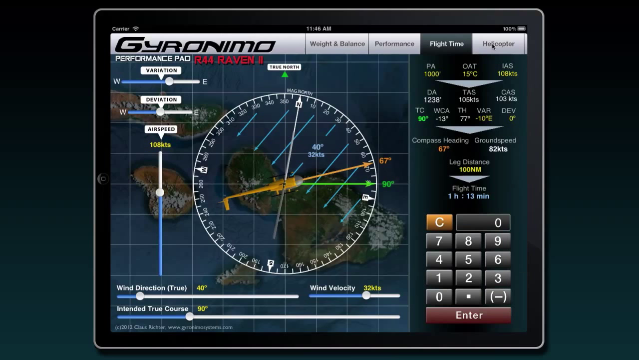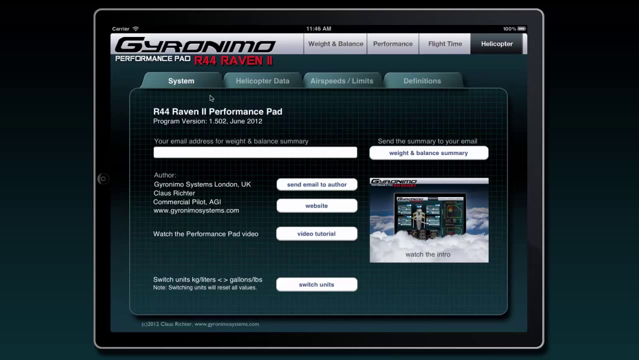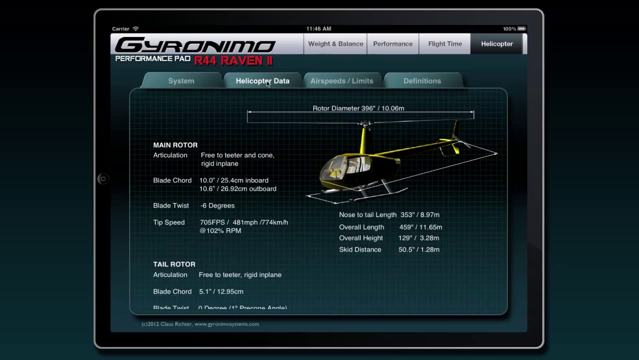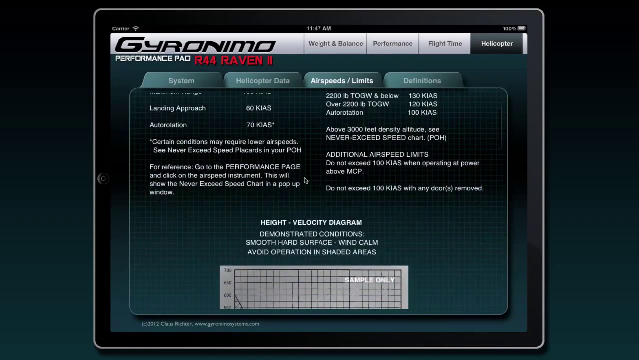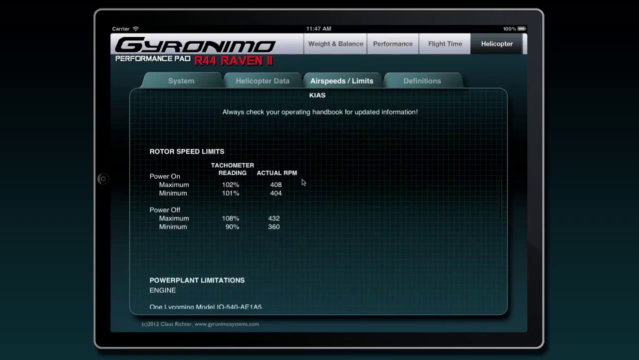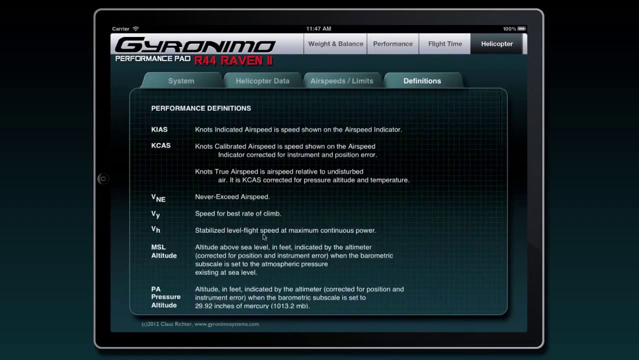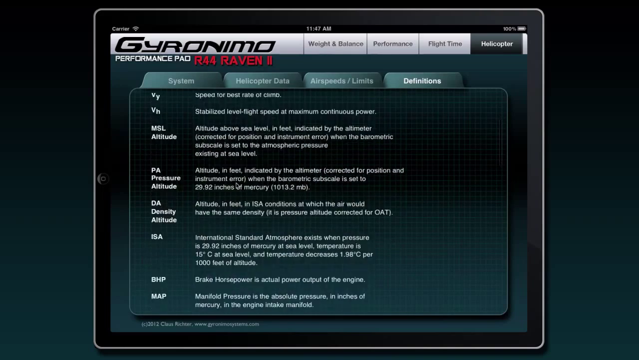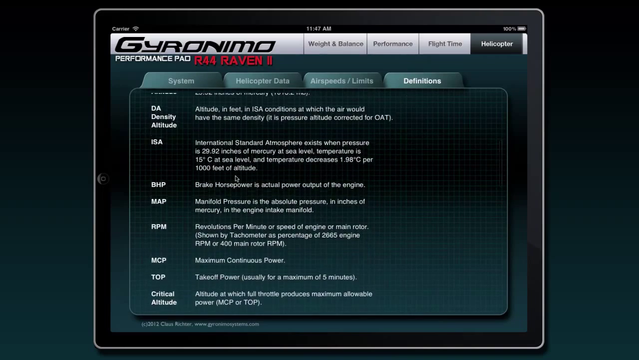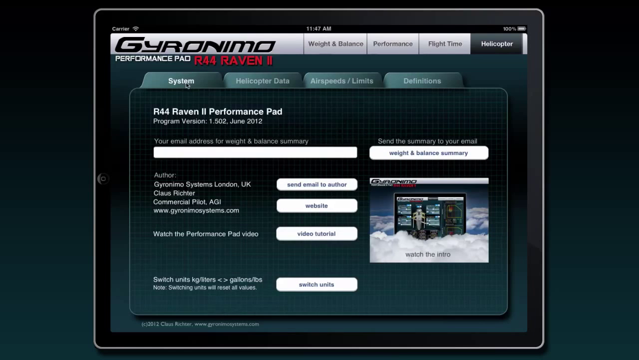And the last one is the helicopter page. Here you can actually get data from the pilot operating handbook. Here we have basic helicopter data, airspeeds and limits, and a couple of definitions. So in case you are not sure about an abbreviation that you have found, you can check the definition right here. Also, there's a system page where you can send me an email if you have a question,